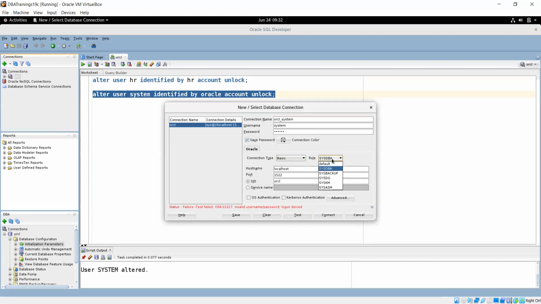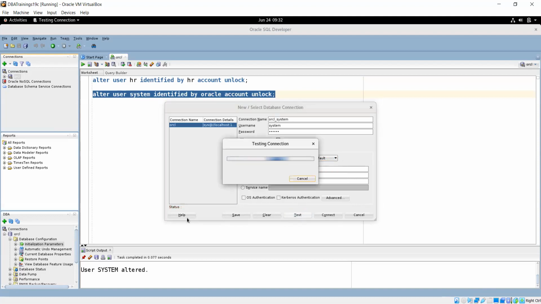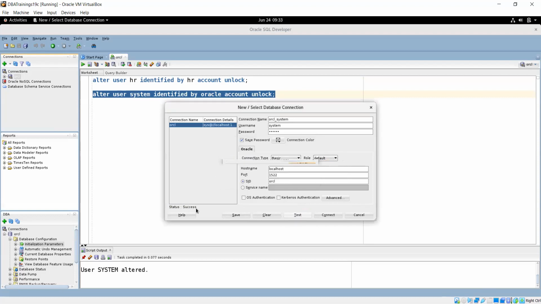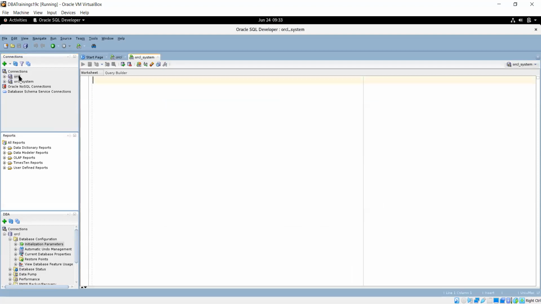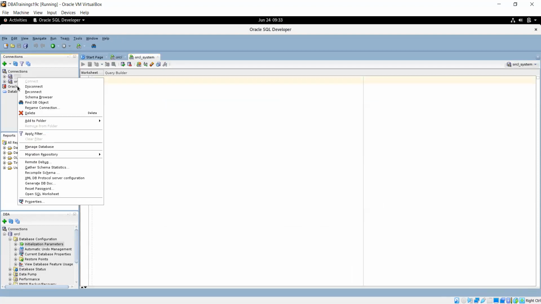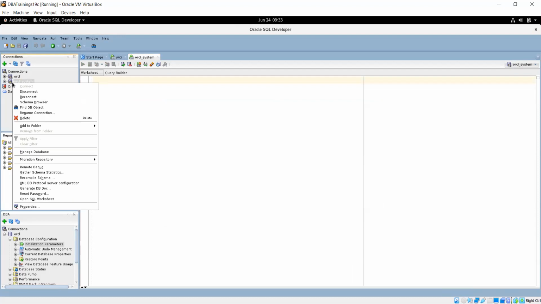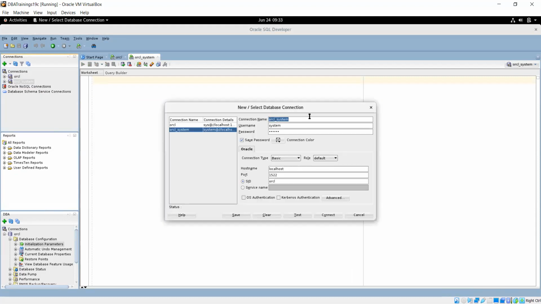I need to remove the sysdba. And then we see the success and connect. Similarly, you can connect to the HR user. Whichever user you want, you can manage your connection accordingly.